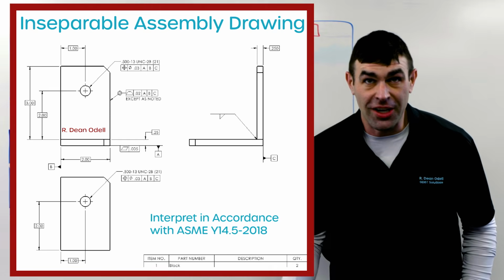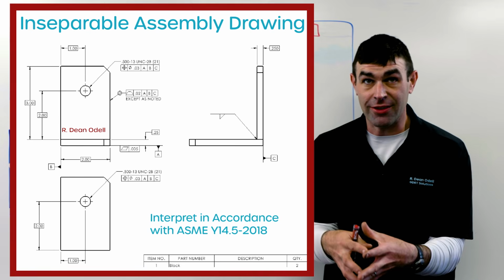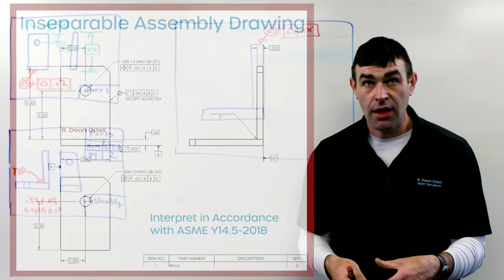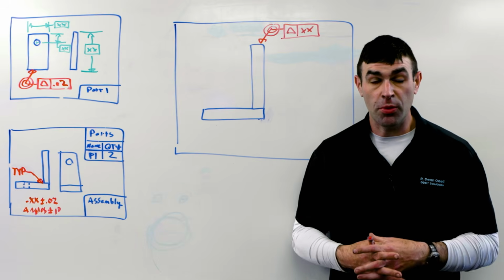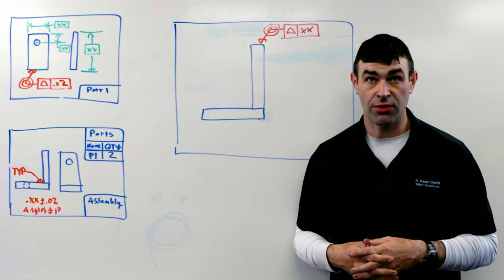Now, weldment drawings, they can get really complicated, right? Because you're putting all the parts on one drawing. But if they're inseparable assemblies, they get welded, that kind of thing, that's kind of how you have to do it to get the best results.